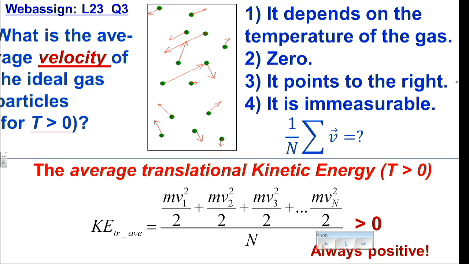It has a direction. So if you have particles traveling in all possible directions, and you're adding all those vectors, one vector points to the left, second to the right, up, down, this way, that way. And for each short vector directed to the right, there is an equally short one directed to the left. For each long vector directed up, there is at least one equally long directed down, because they travel in all directions.